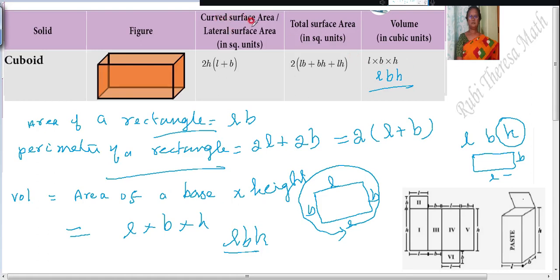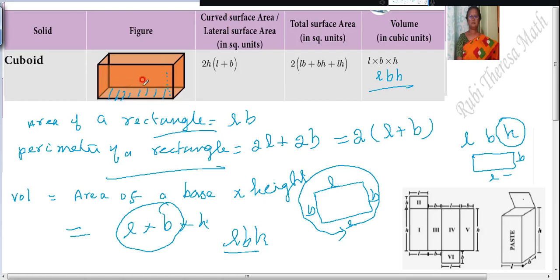curved surface area. Next one is curved surface area. First, volume. Volume is nothing but, while you are pouring or putting something, it will lie down in the base. It will cover the whole base. Then while you are pouring and pouring, it will reach the given height, isn't it? So L into B into H.